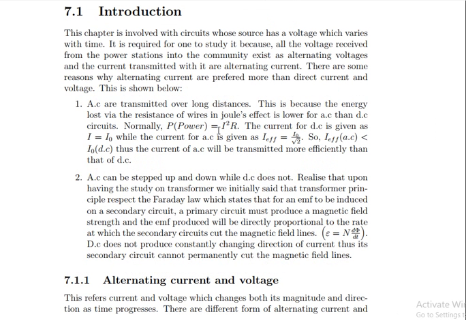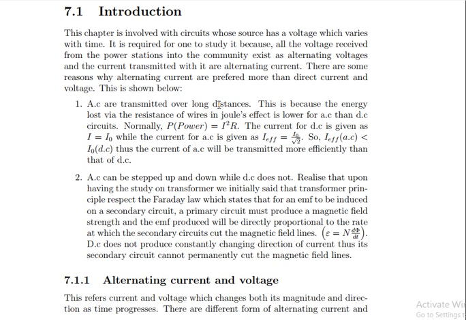The first factor is that the power dissipated inside the cables is equal to I squared R. With direct current, the I is the current in the circuit. In case of alternating current, the I is the I effective, and the I effective is given as I0 over the square root of 2. So realize that the I effective in AC is less than the I in direct current. So this is the first reason why AC is much more important in the transmission of current over long